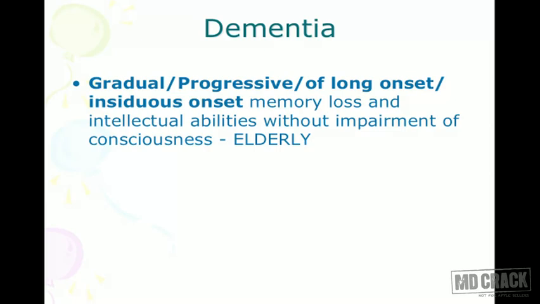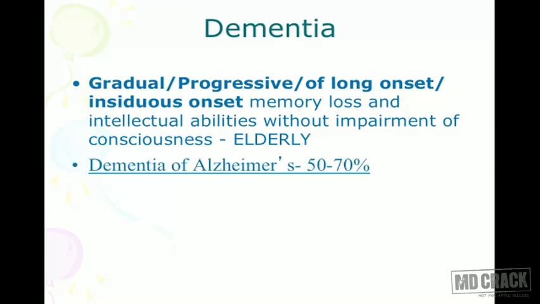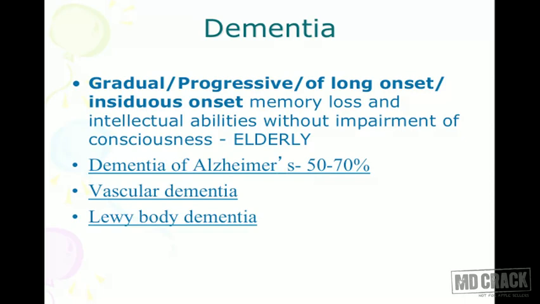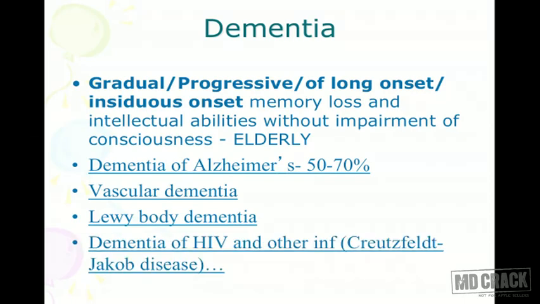And dementia is most likely to be seen, obviously, in the elderly patients. The common type of dementia is dementia of Alzheimer's disease. That's around 50 to 70% of the dementias. Another dementia could be vascular dementia, Lewy body dementia, and dementia due to HIV disease and other infections, some other